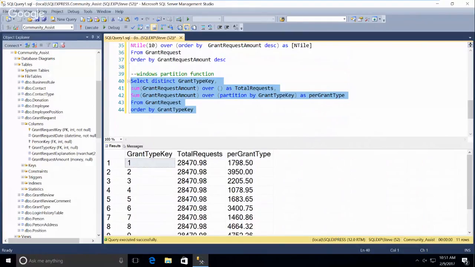So it has the grant type, the total request. This is all the money that's been requested in the whole table. And then this one is the total requested per grant type. I think you could add a year in there too. You know, so we've got total requests by grant. If we wanted,